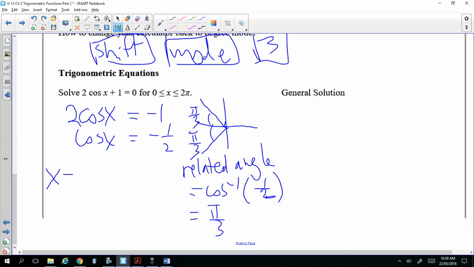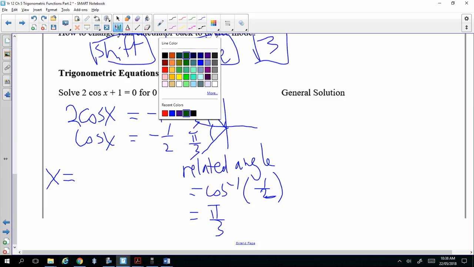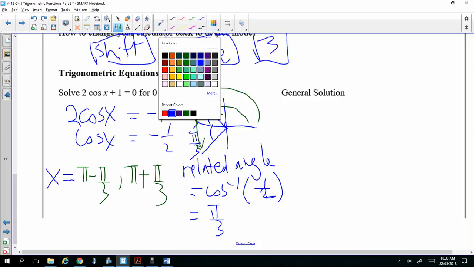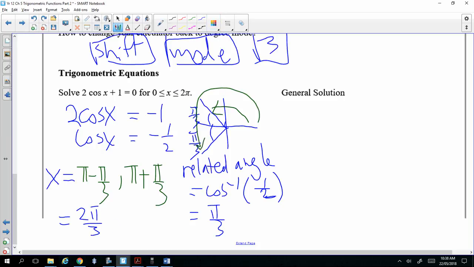So x in the second quadrant will be pi minus pi on 3. In the third quadrant, you do pi plus pi over 3. And then if you simplify, your answer will be 2 pi on 3 and 4 pi on 3. Of course, there's other types of question you need to know. Things like